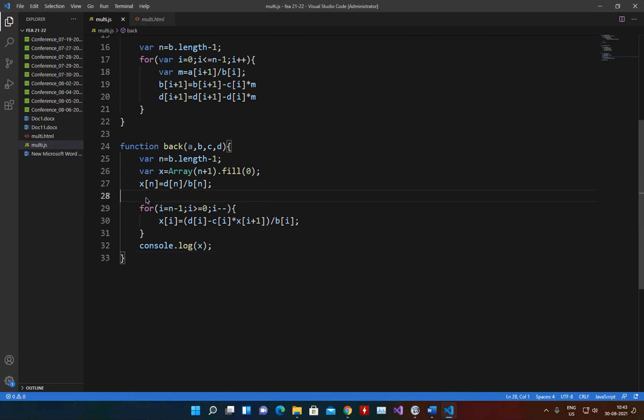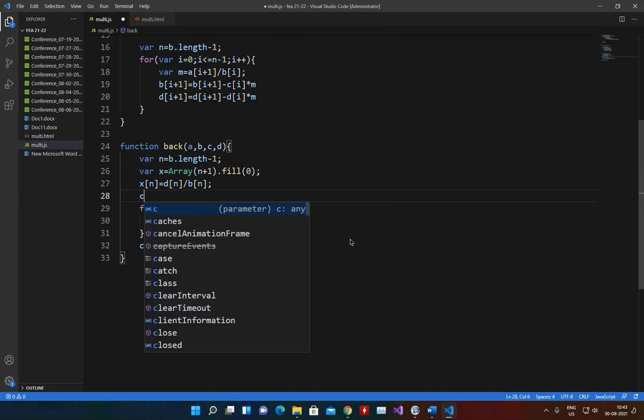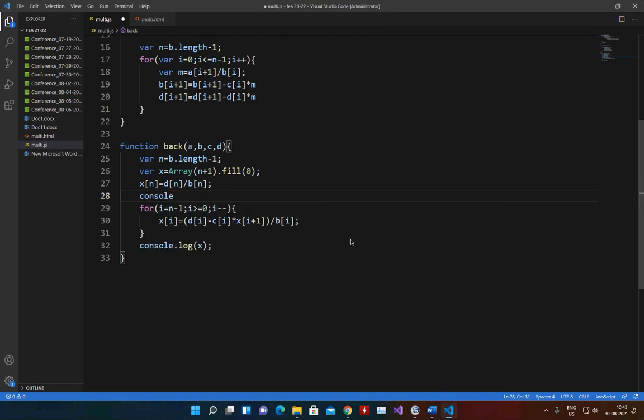First I will console log this X, and I will hide this.